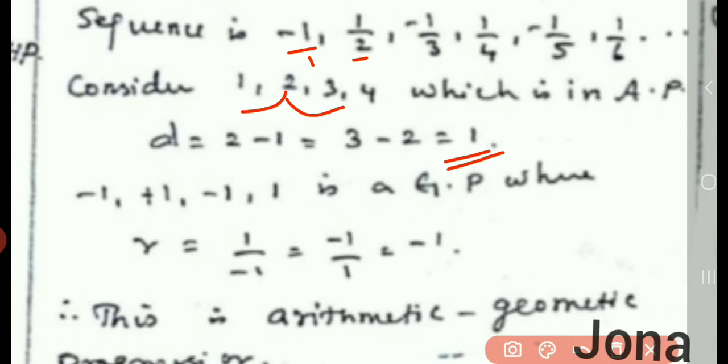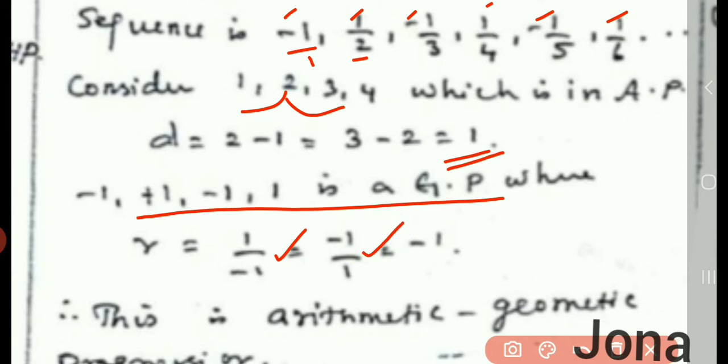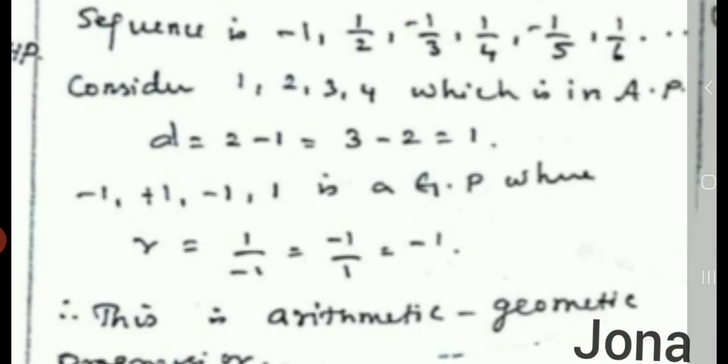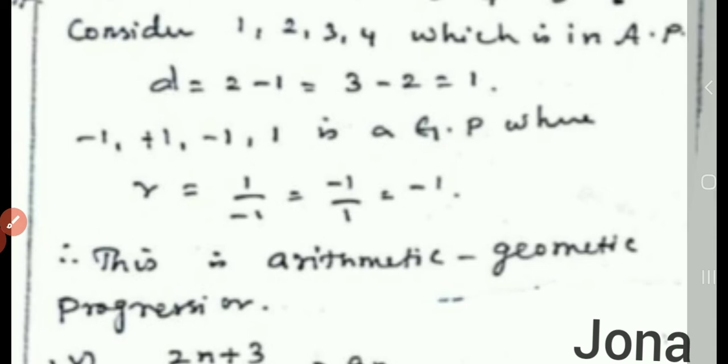And then look at the numerator, we have -1, 1, -1, 1, -1, 1, etc. Isn't it? So we want to find out whether it is AP or GP. Let me find our common ratio, T2 by T1, that is 1 by -1. And T3 by T2 is also -1 by 1, which is equal to -1 only. So I can say the numerator is in geometric progression. Therefore, we can conclude from the numerator and the denominator, this is arithmetic geometric progression. So we have this combined thing also, that is arithmetic geometric progression.